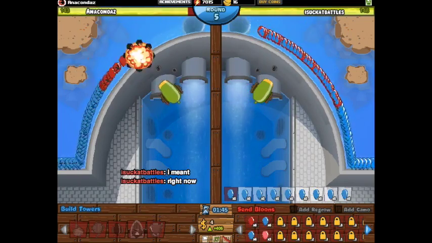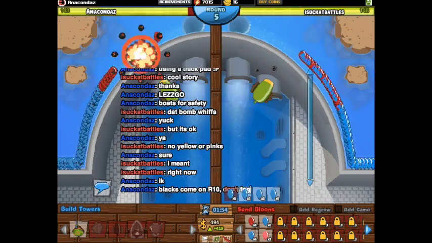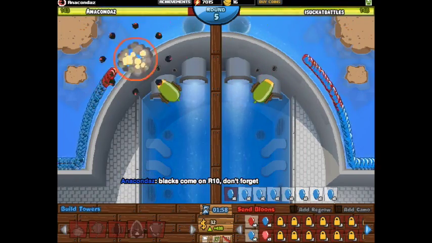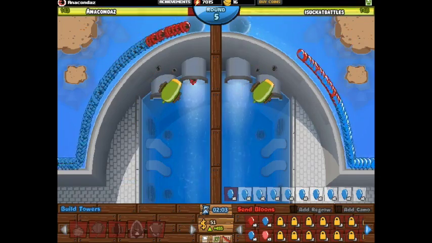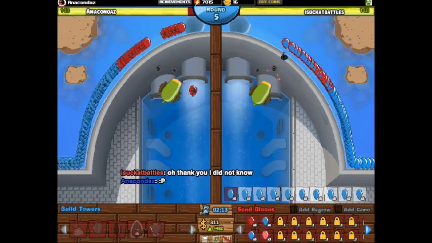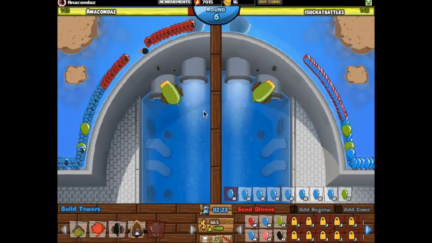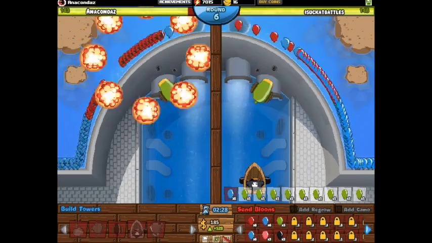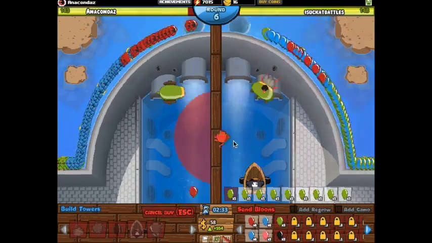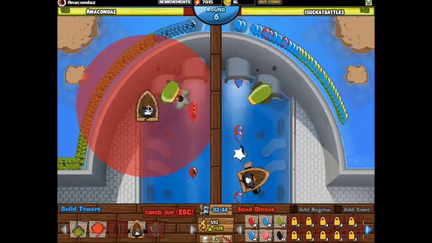What makes it so difficult? One, the fact that it's like 70% water. There is a ton of water on this map, and there's hardly any place to put your real towers. So first of all, it's going to be hard to defend at low rounds, and also it's going to be hard to defend late in the game. So you got to find a way to make that work. And a way to make that work, well, boats, obviously. I will go into more detail on the towers and stuff later, but